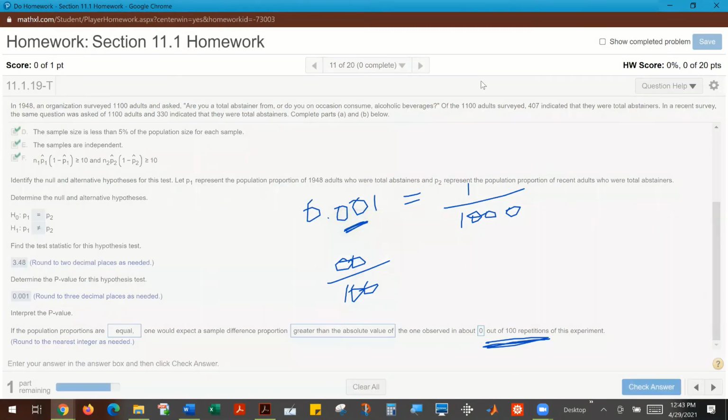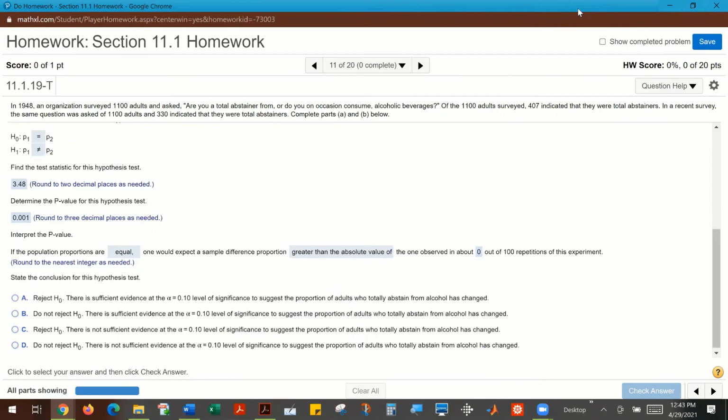Okay, and then for our last part, let's clear this out. For our last part, they want to know, well, then in this case, what happens with our hypotheses test? Do we reject the null hypotheses, or do we accept, do we reject or do we not reject the null hypotheses? So remember, the rule of thumb is your p-value has to be less than alpha if you are going to reject